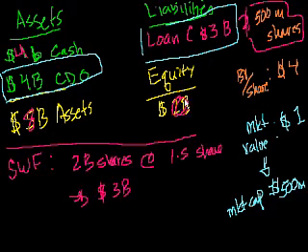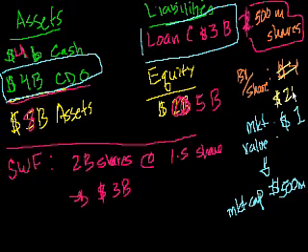Now the value of our company after the investment, and you could call this the post-money valuation or book value, is 5 billion, right? 8 billion minus 3 billion. And now what's the book value of our shares? 5 billion divided by 2.5 billion, it's $2 per share. So our new book value is $2 per share. And that's interesting because it's someplace in between our old book value and the price that the sovereign wealth fund paid,